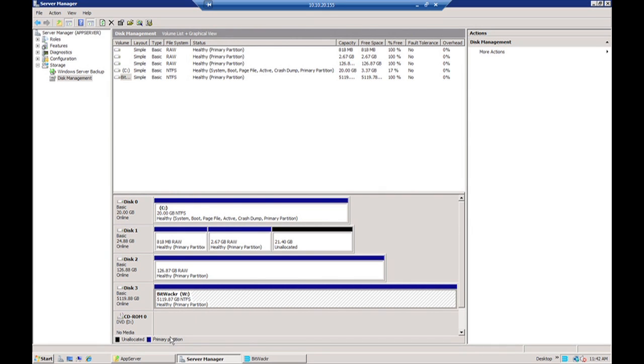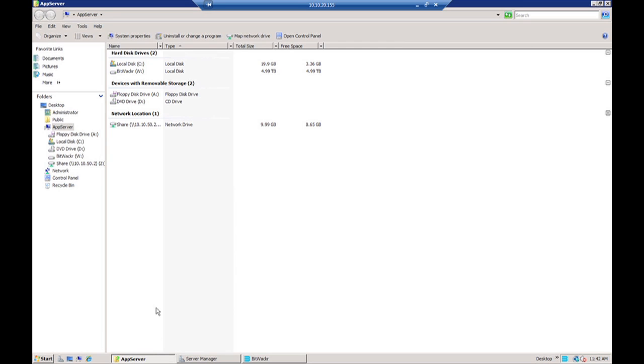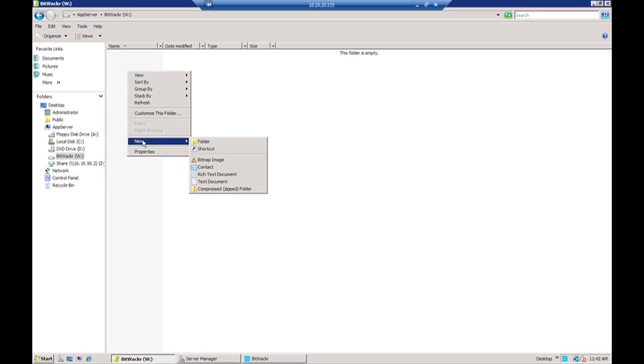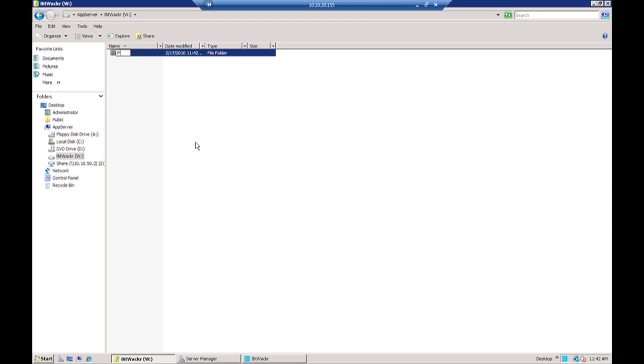For example, as you install SharePoint and Exchange, all you need to do is remember the drive letter of your BitWackr volume and allocate this drive letter to be the target volume for that application's data. Your Microsoft application is now reading and writing data as usual. Only behind the scenes, BitWackr is using your storage capacity more effectively while making sure that your data's integrity remains